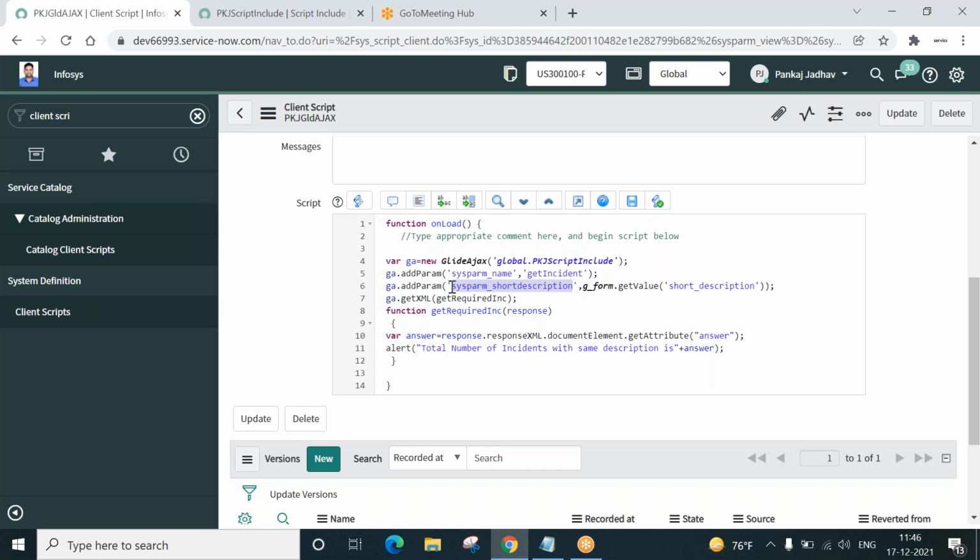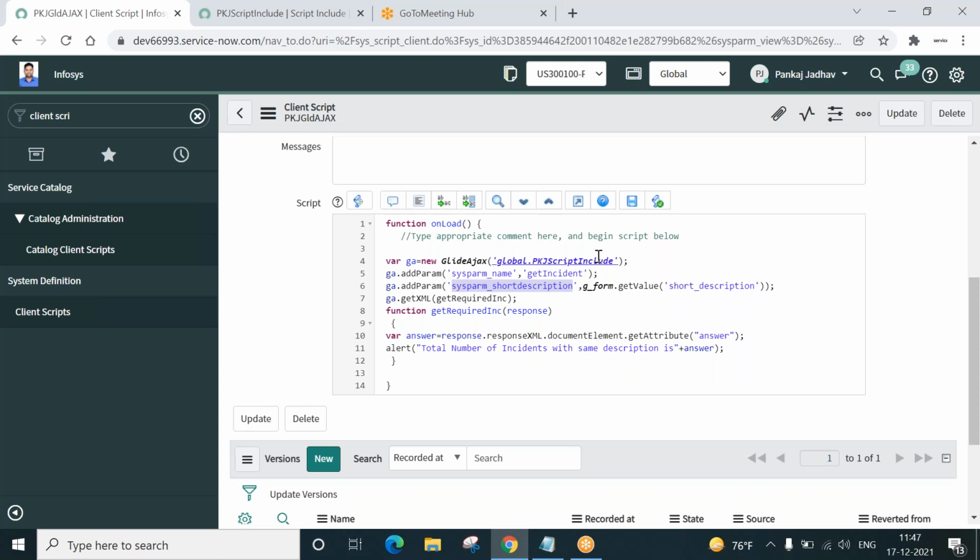I'm telling the line to pass this parameter, and its value is g_form.getValue description. That is the currently open record's short description, pass in this variable.